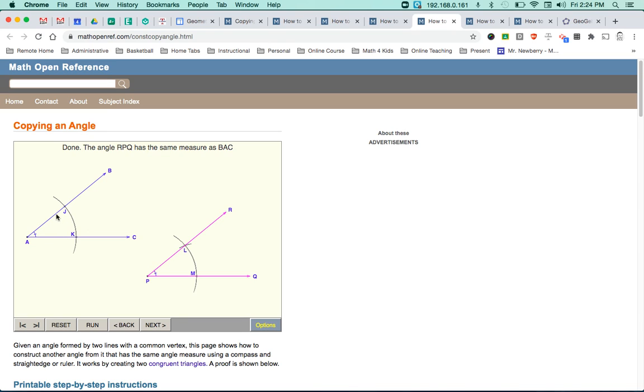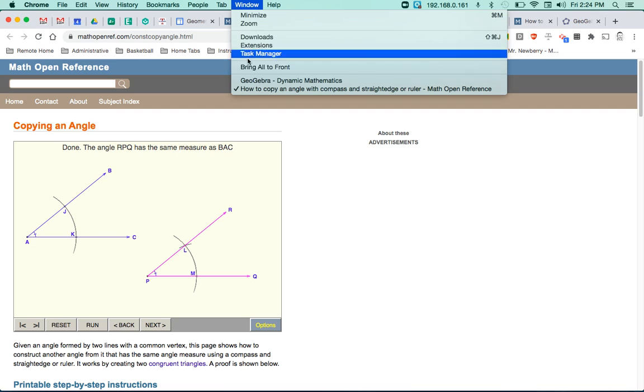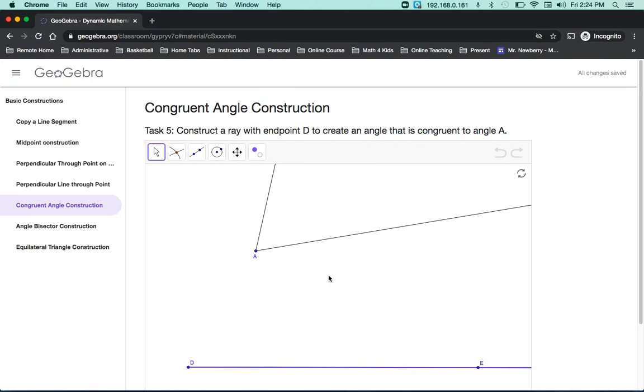All right, so again, this one's pretty straightforward. It involves one arc here and then another arc here, and then you have to connect the dots to get your congruent angle measure. All right, let's go look at GeoGebra. So we've got our initial angle up here. We've already drawn the ray down here on the bottom. So I'm going to go ahead and start with